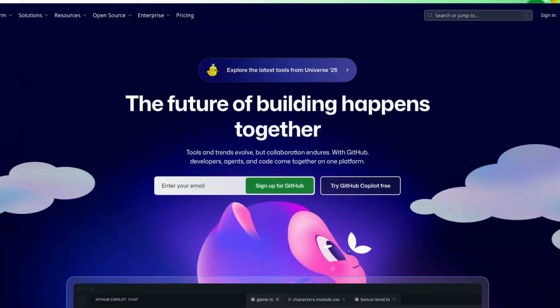That makes GitHub one of the easiest places to find high impact bugs. And if you know how to search on GitHub, you can be ahead of the game.